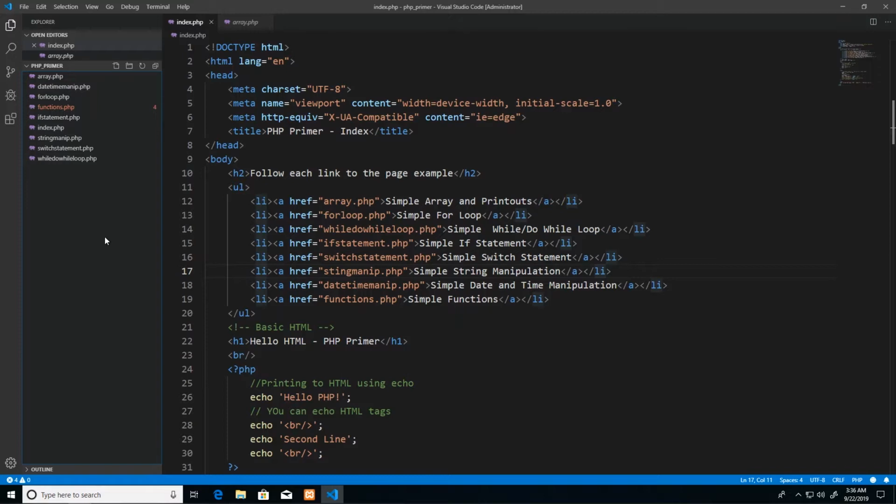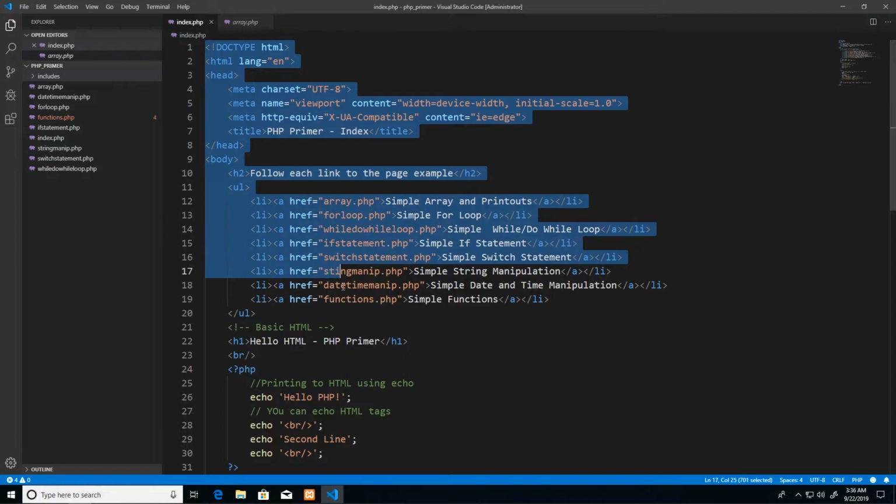Now, the first order of business is to create a folder, and I'm going to call this folder includes. There's no particular reason for it. Some people call it snippets, some people call it includes. It's up to you. You can call it what you want. But essentially, this folder is going to play host to every code snippet that I intend to include on every page. So the first snippet that I want is the entire snippet of the top part of the HTML pages up to the menu,